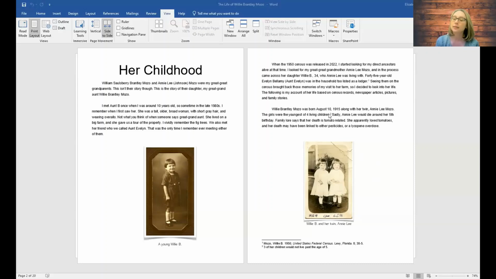is not, so this is another thing about footnotes. You can use footnotes for little tidbits of information. So it says the girls were the youngest of 4 living children. My footnote down here says 3 of her children, who is the mother, Annie, would not live past the age of 5. So it's just a little added note I put there that wasn't necessarily about Willie B,